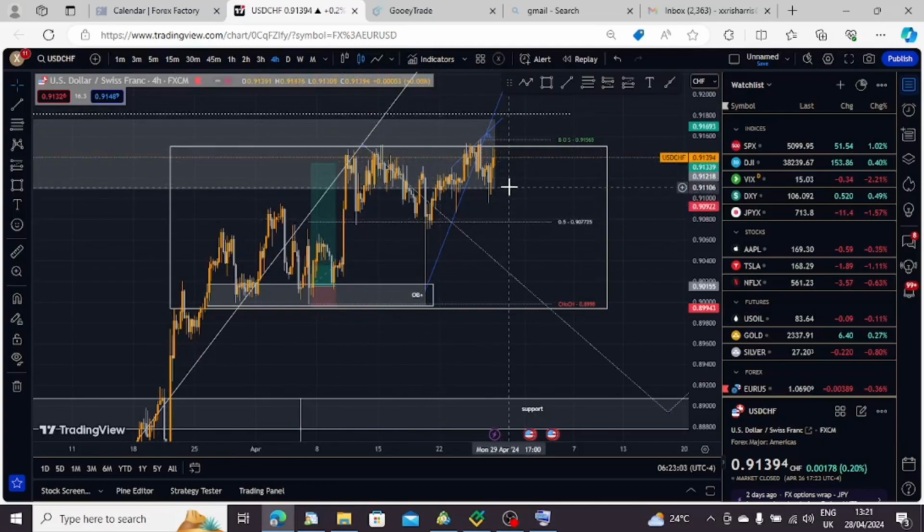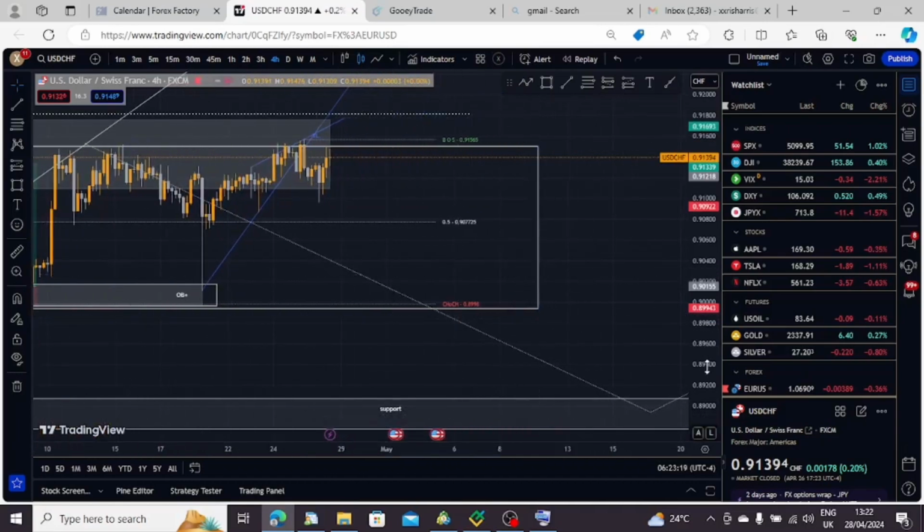Then I want to put a sell either directly at market open. I'll put a few trades. And let me explain why. So when we zoom in, we get to see